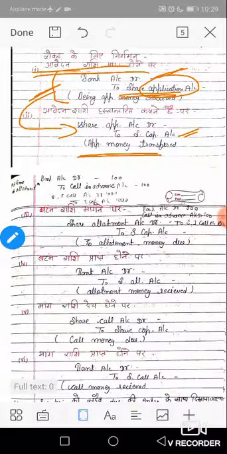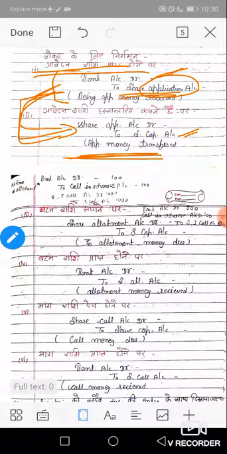So first of all, money is deposited in the bank account, so bank account Dr to application account, and after that the application money is transferred to the company's capital account. So share application account Dr to share capital account. Here the application process is complete, the application money is transferred to the company's capital account.